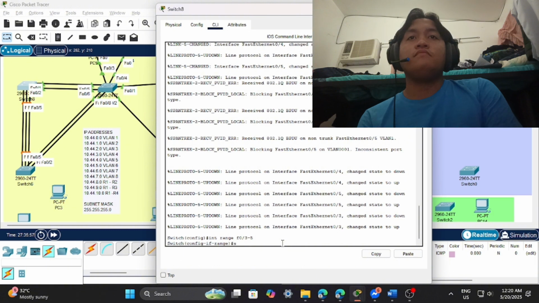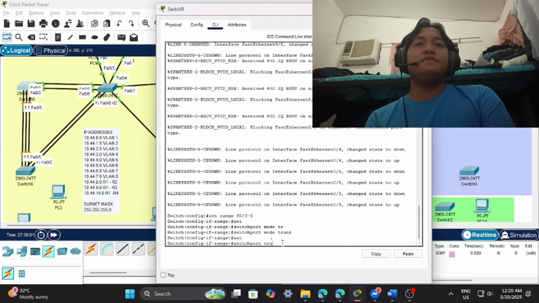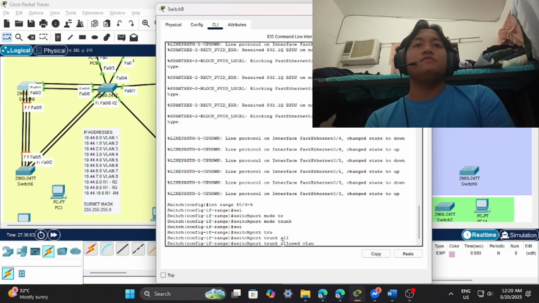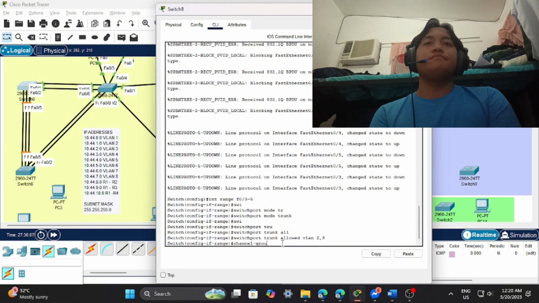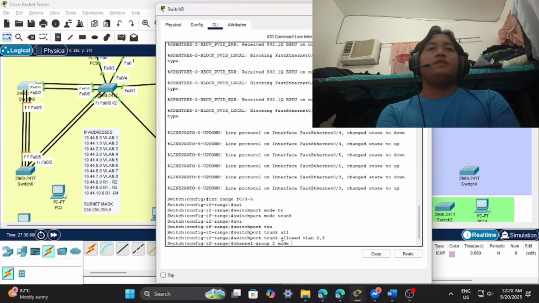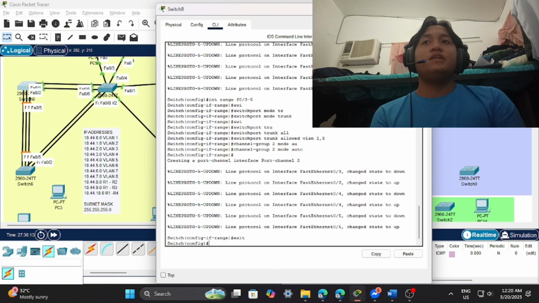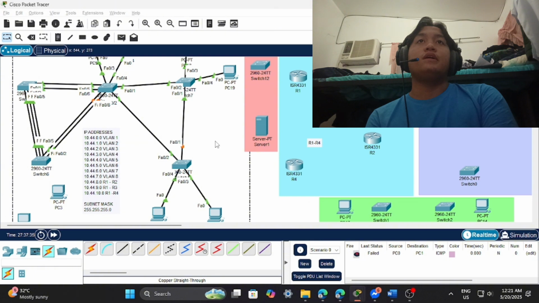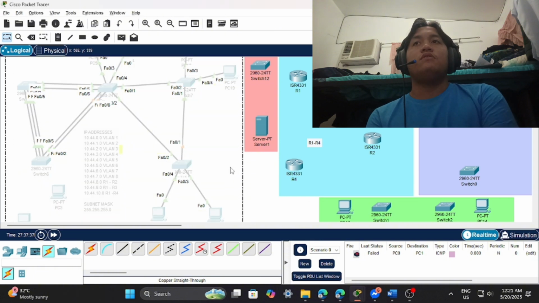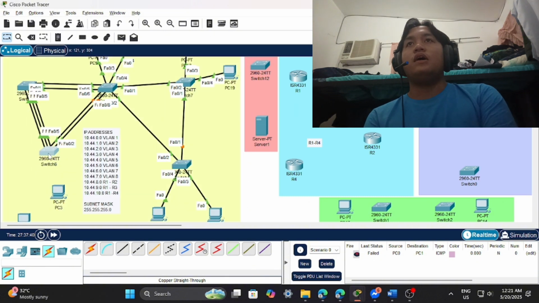Grouping the F0/3 to 5, then switchport trunk allowed VLAN 2 to 3, and it will be auto as the mode, and it's the same for PAGP. It can be both auto or it can be both desirable. So now as you can see on the screen, as I struggle to click the switch, you can see